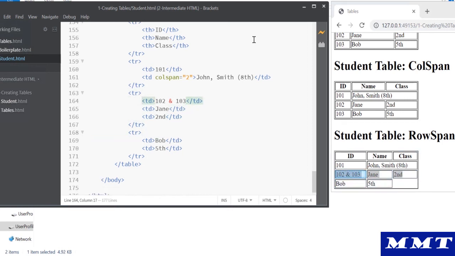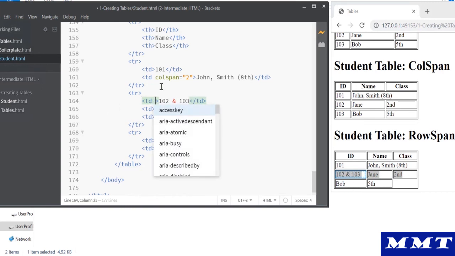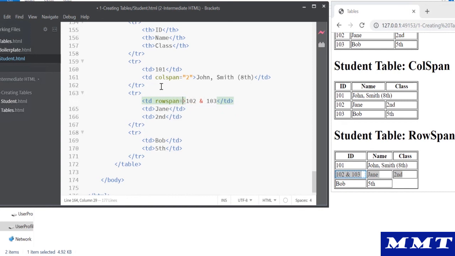I want to combine these two here. How are you going to do it? You can say row span is equal to 2. Now you can see the row has been added. Here you have merged the columns, here you have merged the rows. That's the property of a row span. Row span merges two rows together, column span merges two columns together.